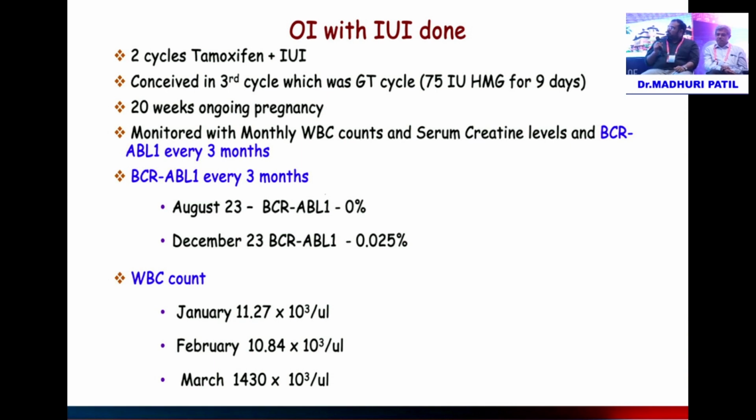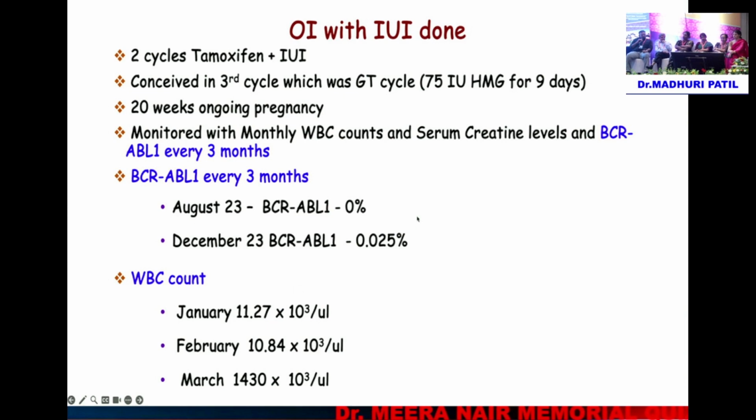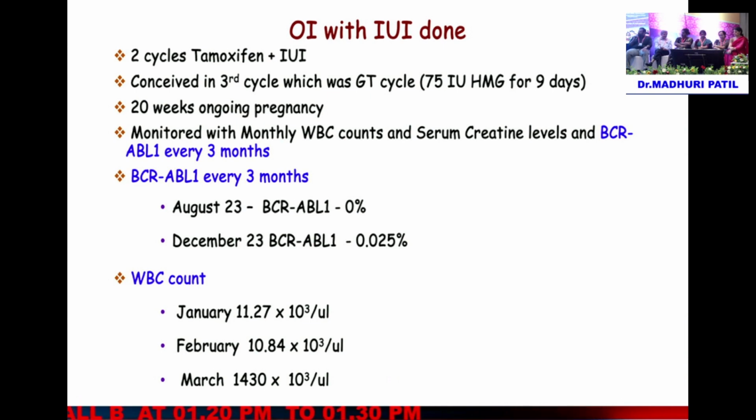So she's been told by her oncologist to do the PCR ABL every 3 months, and these are her results. Now she's due for her third test. And her WBC count, this time, was on the higher side. So do we do anything for her? Is that 14.3 or is it 1430? Sorry, it's 14.30. 14.3, right? So it's 14.3. Definitely, I would still check the BCR-ABL.